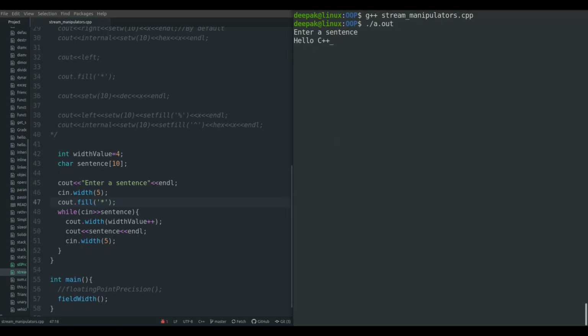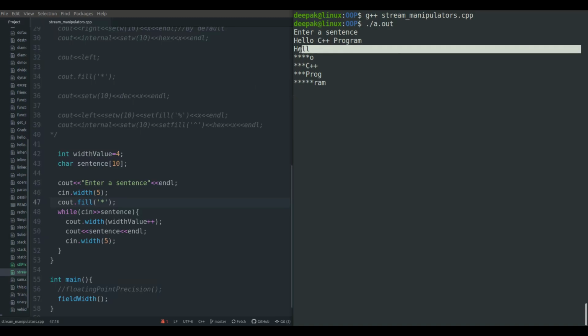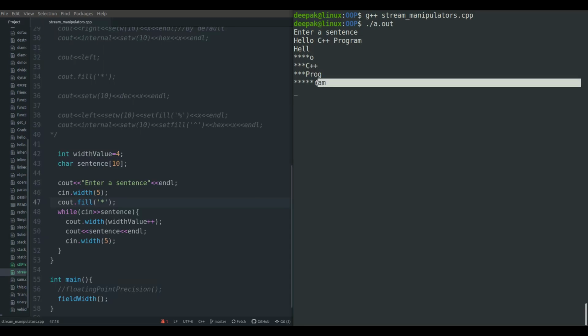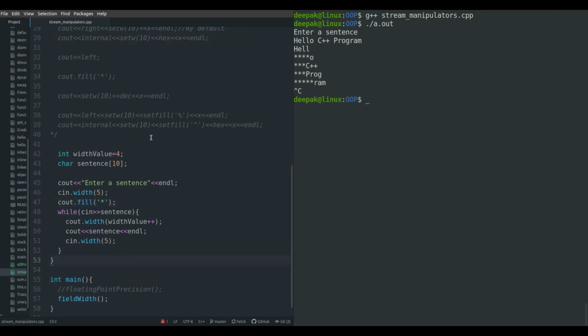Hello C++ program, and here you can see hell, then O is the 5th character, then C++, then prog, then ram. So you can see there are 4, then 5, then 6, then 7, then 8, and so on. Clear? So that's how this function is working.